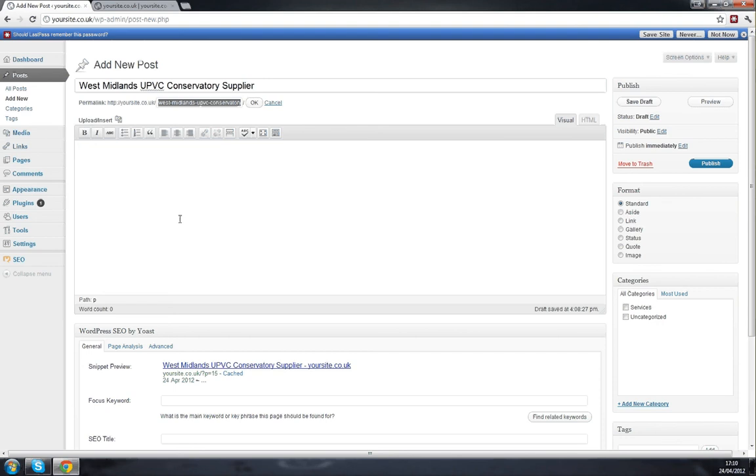Now the rule with content is ultimately create the most useful, readable, informative, interesting content that you possibly can. The only little side rules in terms of SEO, in terms of making sure that your site is well represented in Google and appears at the top of Google or near the top of Google for as many things as possible, is to make sure that the most descriptive information is in the first sentence. So in this case, let's say ABC